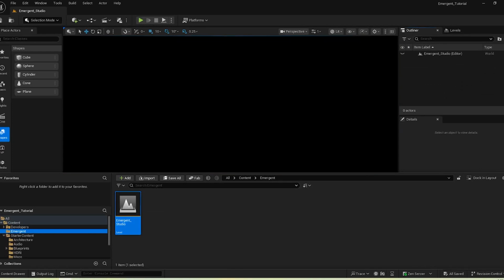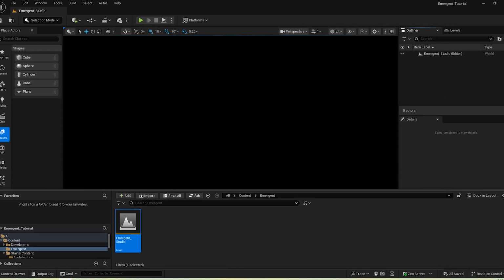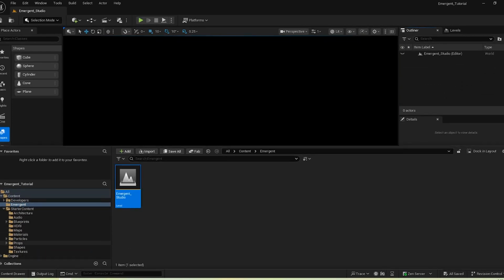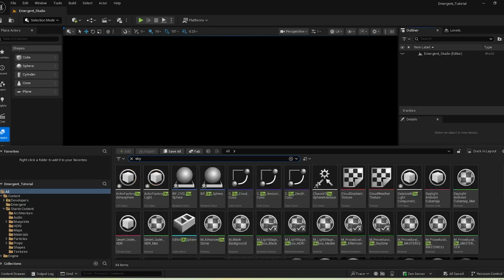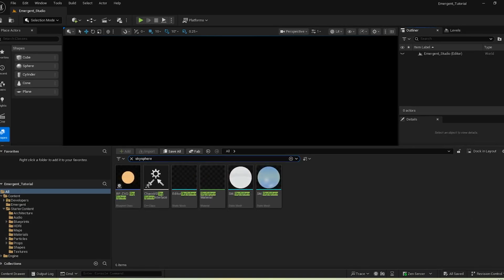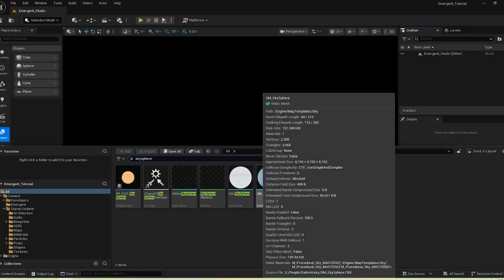All right, now that we've created our top folder and the map, let's click on the map we just created. And you're going to see it's black. Not to worry, that's the way it's supposed to be. Come down here to the content drawer. We're going to go to all and search all for sky sphere. And you're going to see something that says static mesh